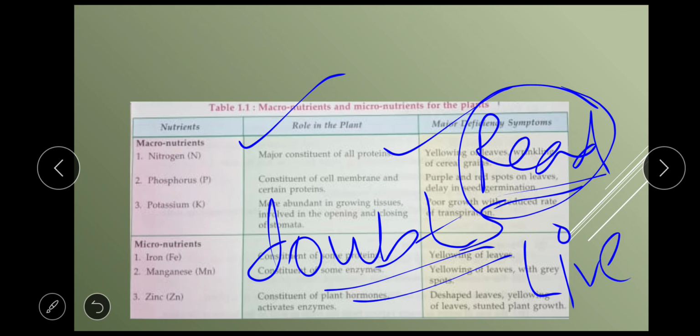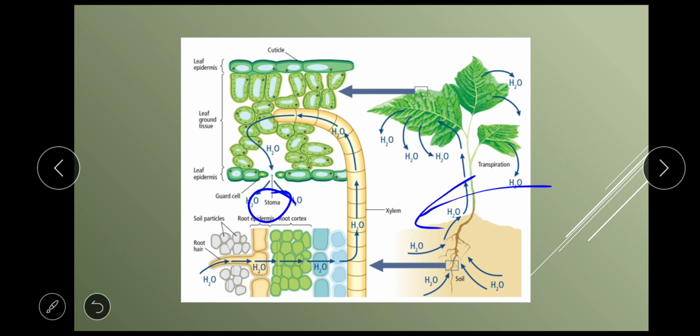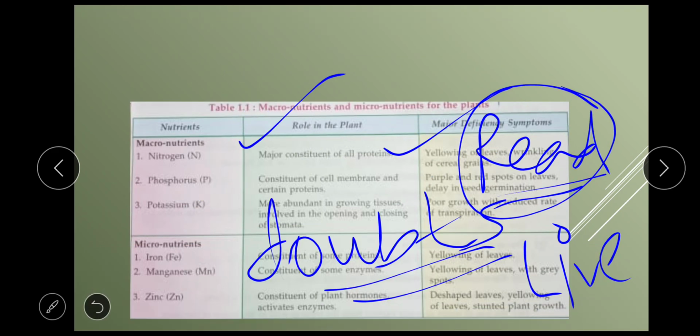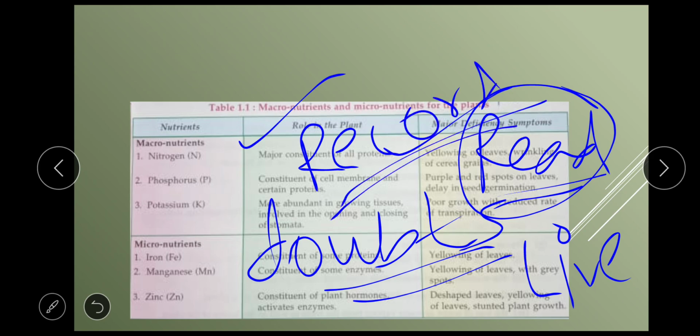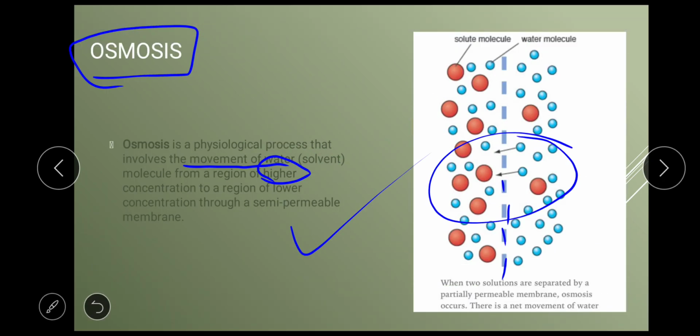I've taken this biology lecture as a YouTube video because it is not possible to show you this type of pictures in live lectures. So to understand each and every concept properly, these lectures on YouTube are very beneficial, and these are recorded, so you can watch them again. Biology is very important and biology needs pictures, so it is better we study the chapter using pictures.